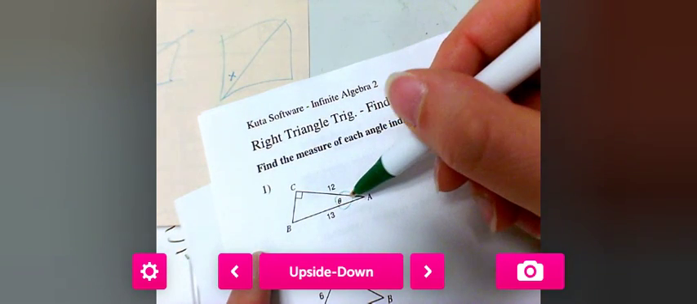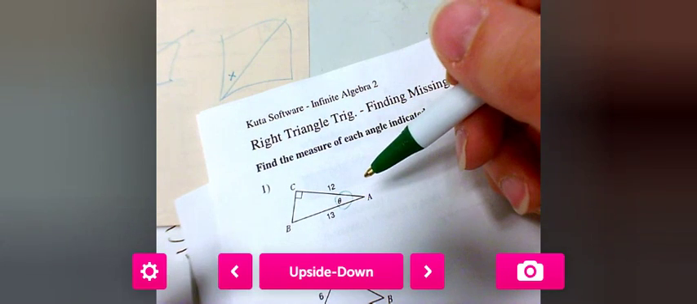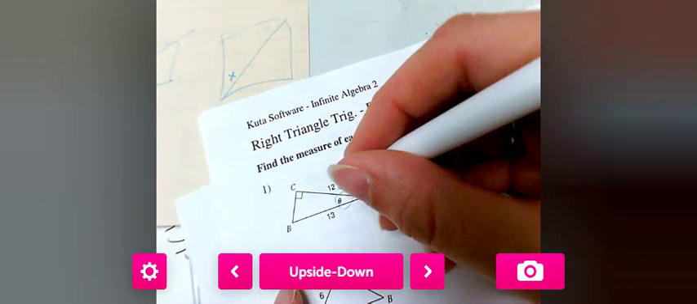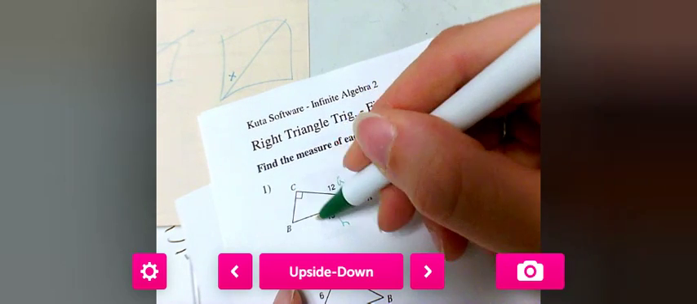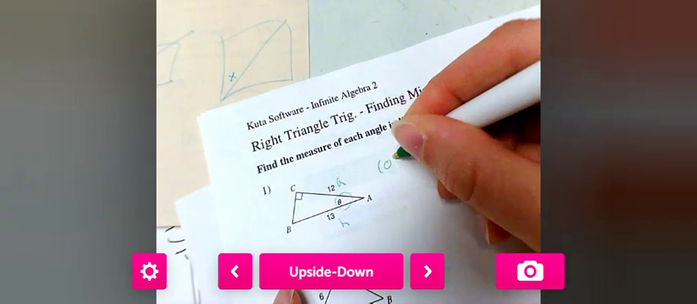Okay, so for this first one, I'm looking for this angle right here. That little 0 with a line through it, that's just like a question mark or an X. It's just like find that angle. Okay. This is my hypotenuse. This is my adjacent. It's my hypotenuse because it's across from the 90 degree. So according to SOHCAHTOA, I'm going to use cosine inverse